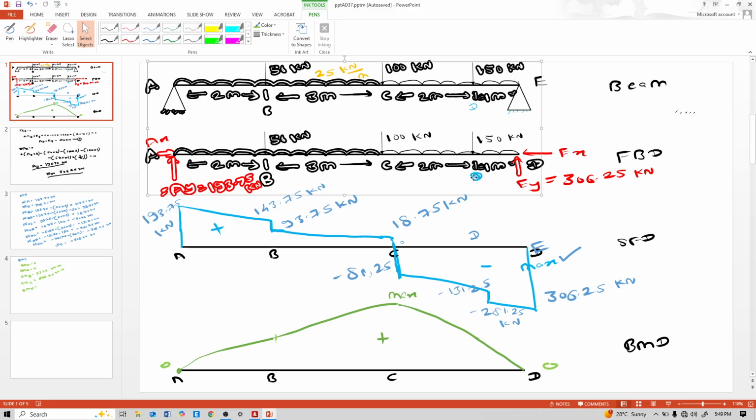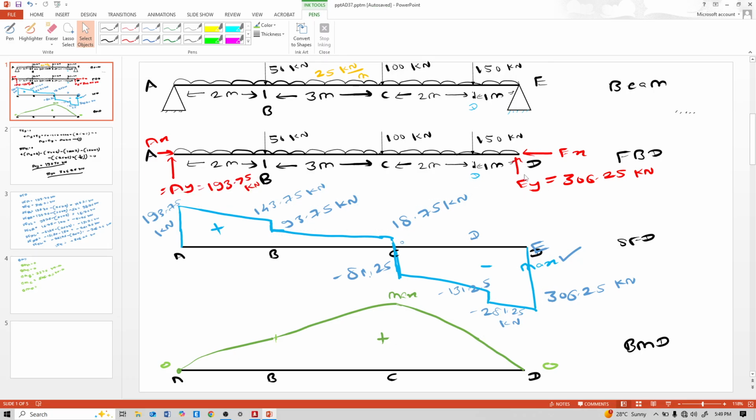So for this point D, this EY is anti-clockwise, minus 306.25 into 1 and plus 25 into 1 into 1 by 2. It is minus 293.75 kilonewton meter. Convert: 306.25 into 1 minus, take moment at D. EY reaction is vertical, but it is anti-clockwise, so minus sign, and EY reaction is 306.25